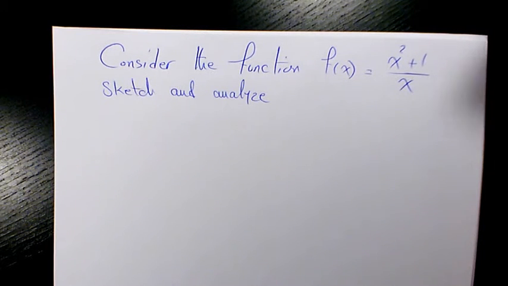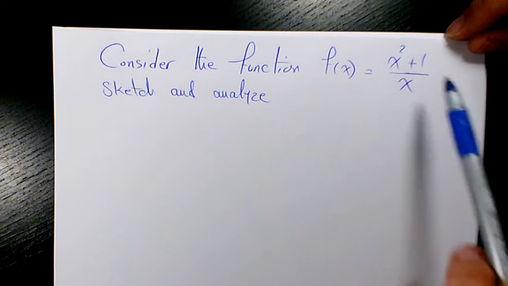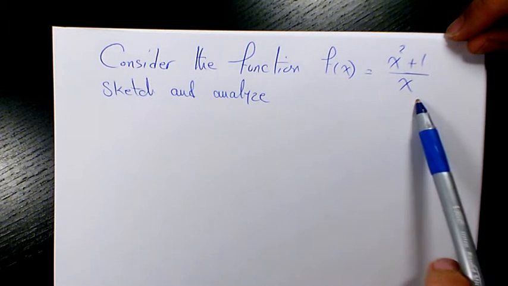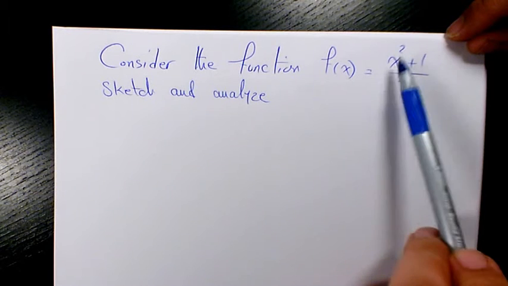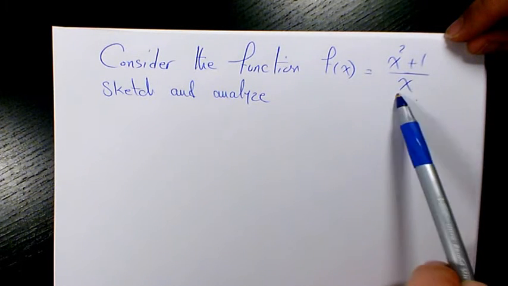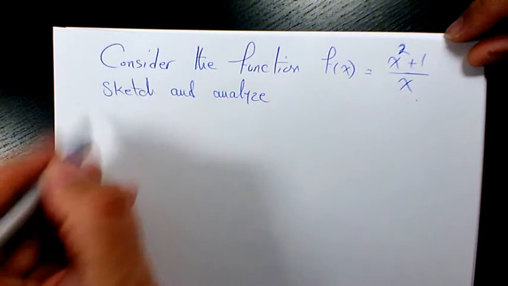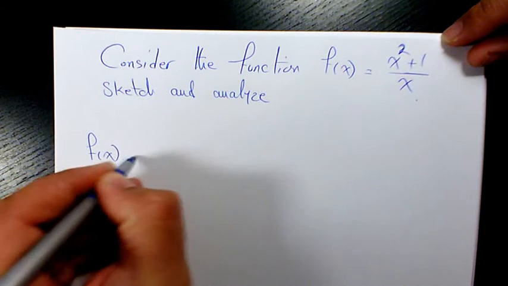Welcome to another video. In this video I have a function and I want to sketch it and analyze it. The function is a rational function and it is x squared plus 1 over x. In previous videos we said whenever the degree of the numerator is greater than the degree of denominator by 1, we are dealing with an oblique asymptote. So the first thing for this function,